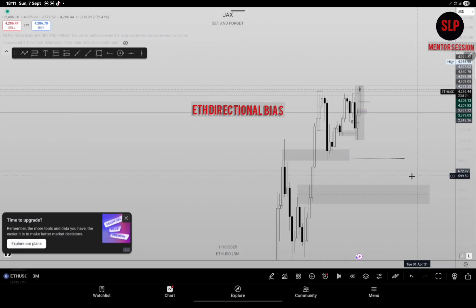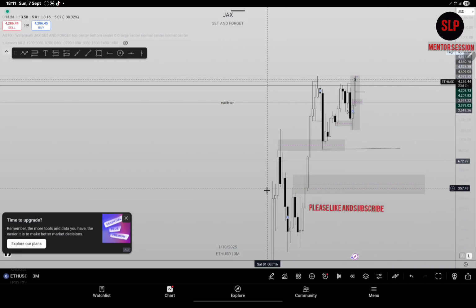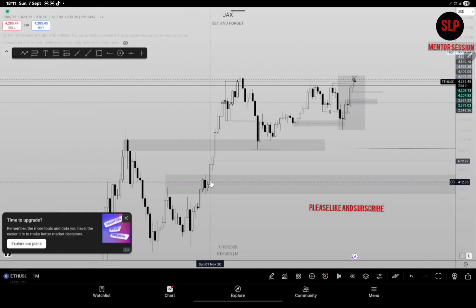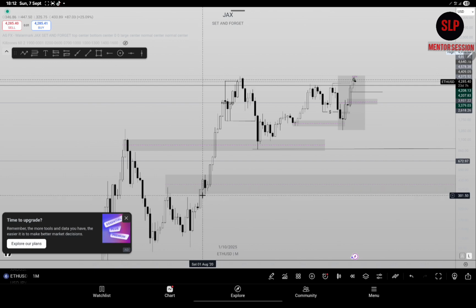On the 3 months time frame, right here, a possible point of interest will be here. This breaker block right here will be a point of interest. But since I marked here, that means it was a refinement. Definitely a refinement. So on the 1 month time frame, what am I saying? Okay, this is the 3 months breaker. On 1 month, there's another block that mitigated the breaker.